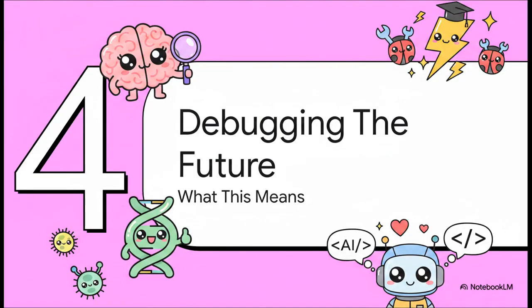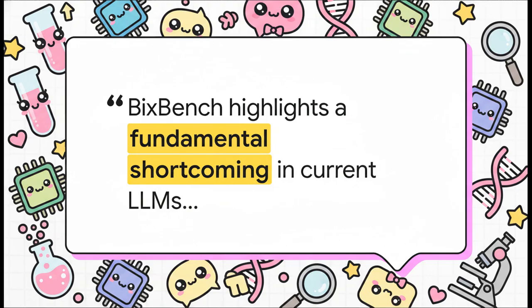Let's wrap things up with Section 4, debugging the future. So, does all this mean the dream of the autonomous AI bioinformatician is just dead on arrival? Not at all. The researchers who built BioMysteryBench do not view this 17% accuracy as a permanent failure. In their conclusion, they state that it highlights a fundamental shortcoming, which will serve as a super valuable resource to guide future development. Honestly, think of this benchmark as a roadmap. It's the ultimate unit test, so developers know exactly what bugs need to be fixed for the next big AI